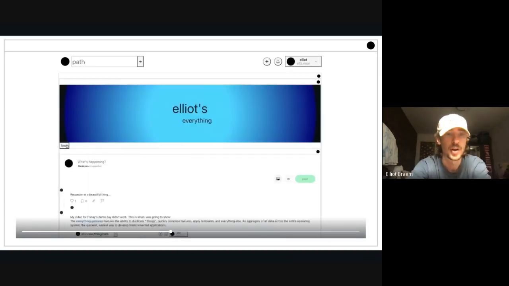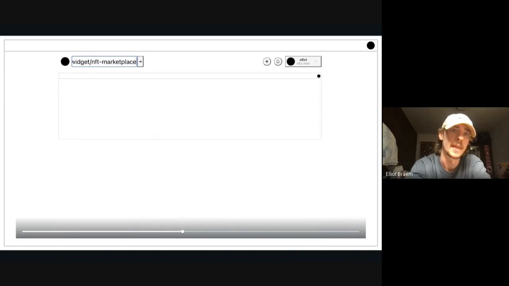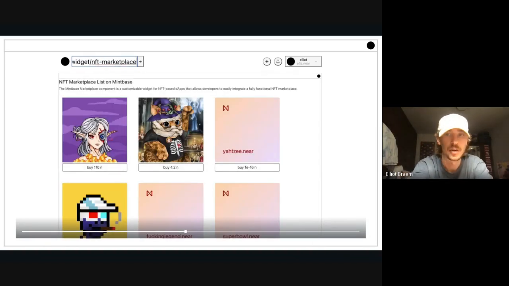So there you go. I just created a feed, and because I'm building on top of this thing, it automatically is built in it, and it can appear. We can also create marketplaces, but right now in this example, a marketplace type hasn't been created. So I've searched for a widget, which is a thing. It has a path and a block height. So I've searched it. It's rendered here.